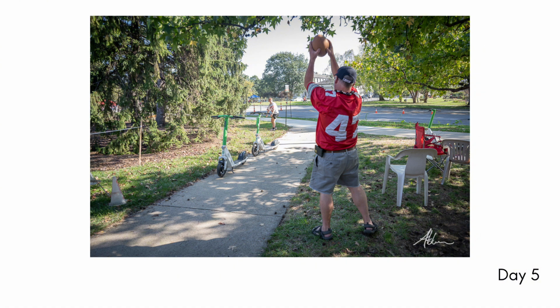This photograph is really personal to me because that's my husband catching the ball. He and our oldest son were practicing their long snaps out at our tailgate. I really have struggled looking at this because I wish there were things I could have done to make it better, but I'm actually not sure what I could have done without moving them or changing